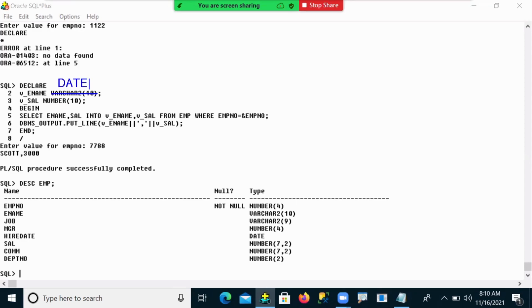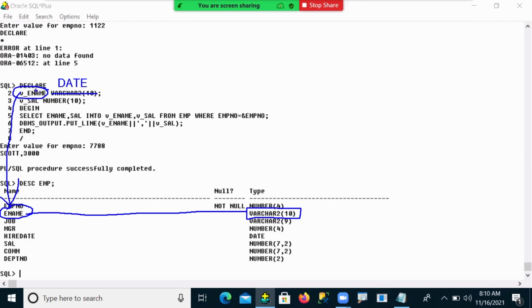For which purpose did you declare this variable? For storing ename column data. But what is the column data type in my table? Varchar2.